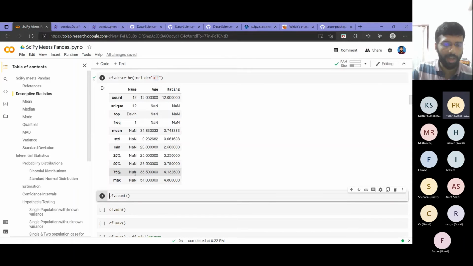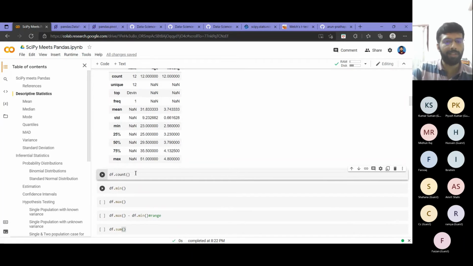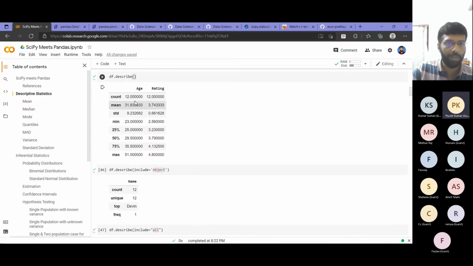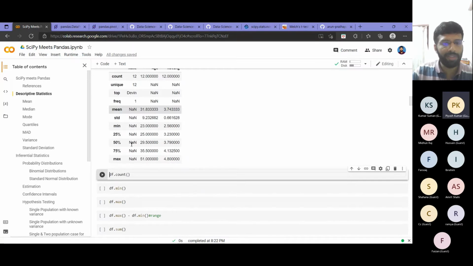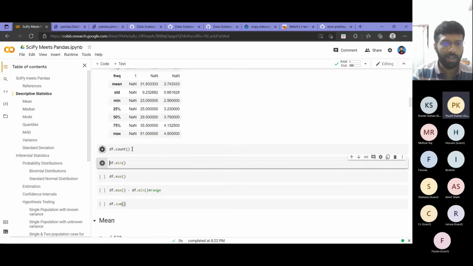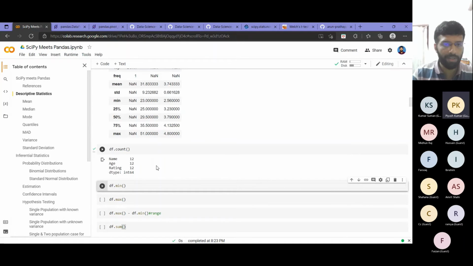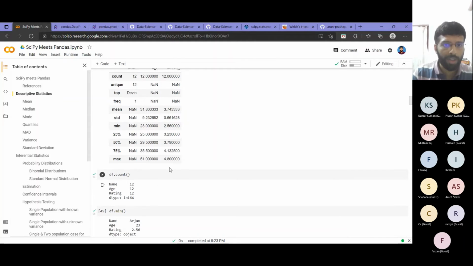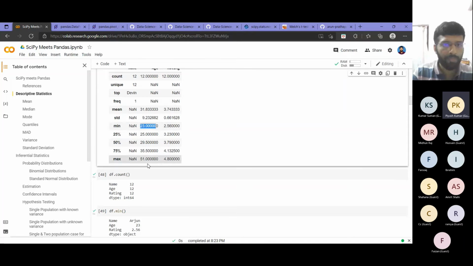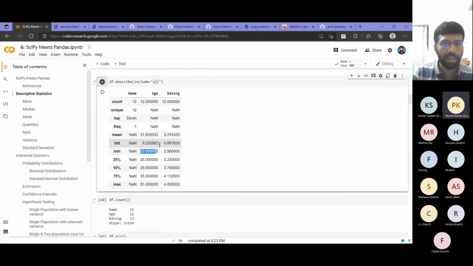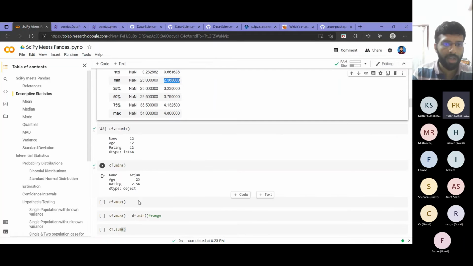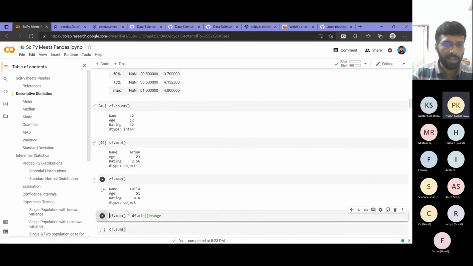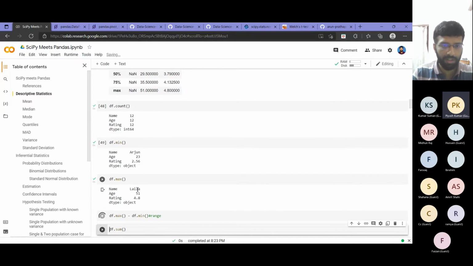Now we can just see, along with pandas itself, some functions which will give you the values of whatever is coming here: count, mean, standard deviation, min. In pandas, we will just run all those to see that. If I give df.count, I will get the corresponding name, age and rating totals. df.min gives the minimum corresponding to each one. Arjun, 23, 2.56. So you know that 23, and that 2.56 is the same as what we got here. df.max, again you will get 51 and 4.8. Then df.max minus min will give me our range.